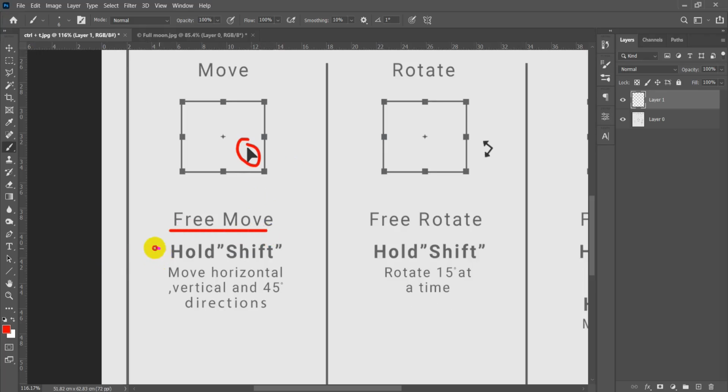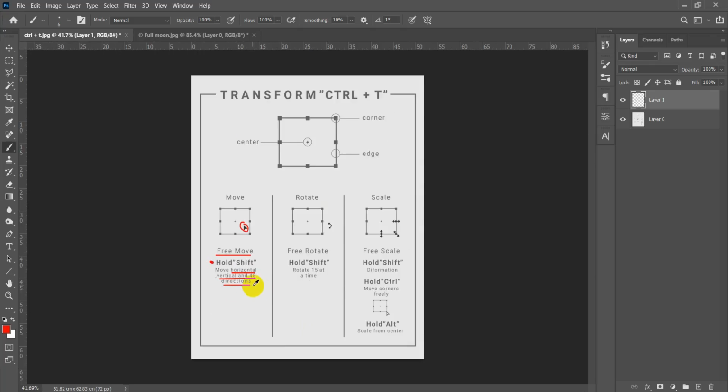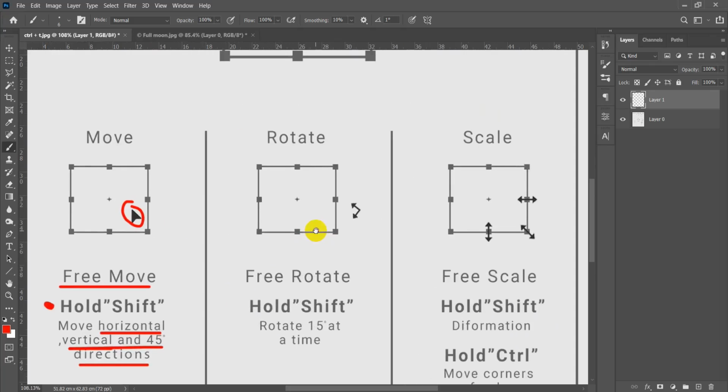Now, whenever you hold the Shift key while you are moving this object or this picture, it's going to move only horizontally and vertically, in addition to 45 degree directions. We will be seeing that through our lesson. The second thing is to rotate this picture. As you can see, whenever you place the mouse outside this box, it gives you these small arrows, which means that it's going to be rotated